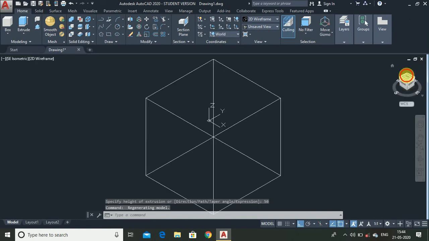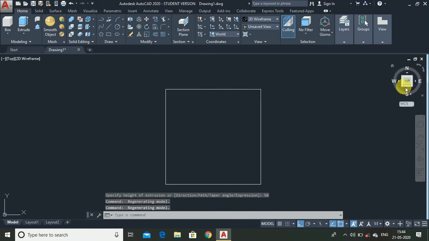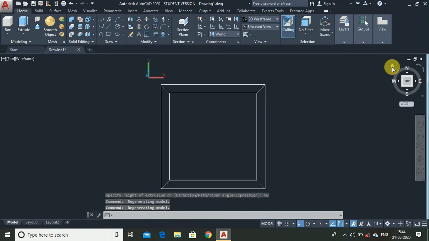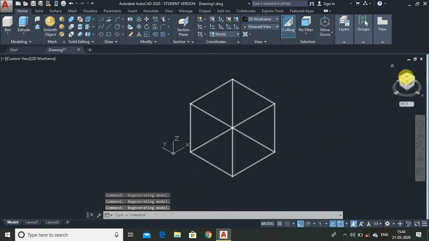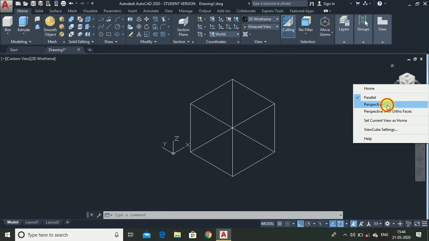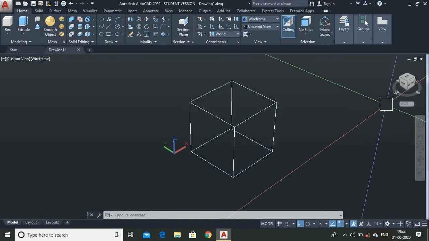You can see different views using the view cube, or you can just click the home icon to see it in the isometric view. Now you can also use different view options like parallel to perspective, like this, or just go to parallel.